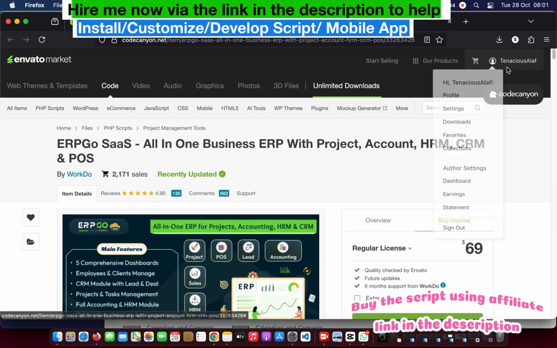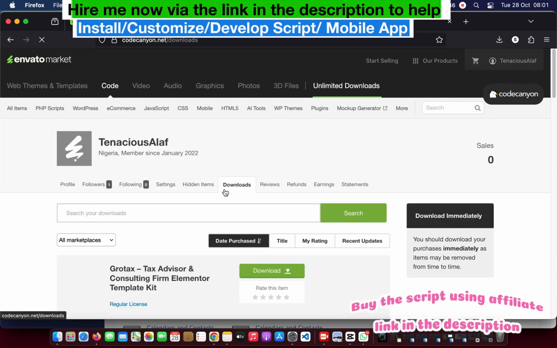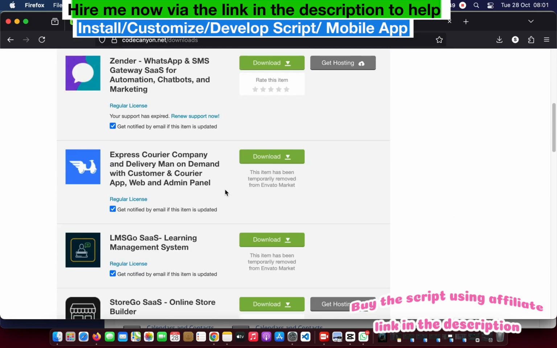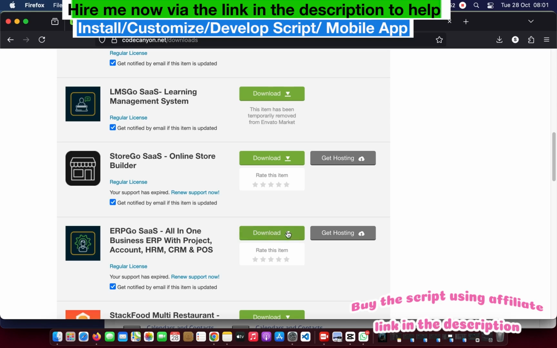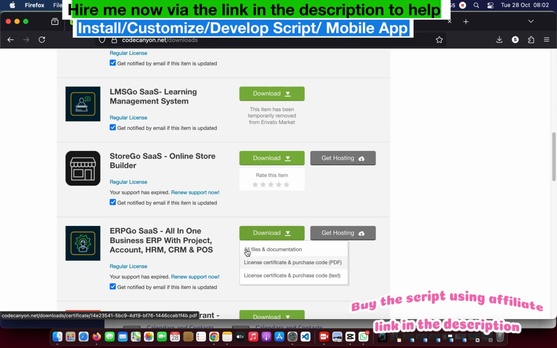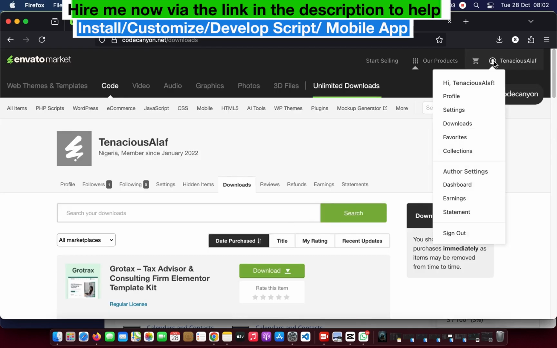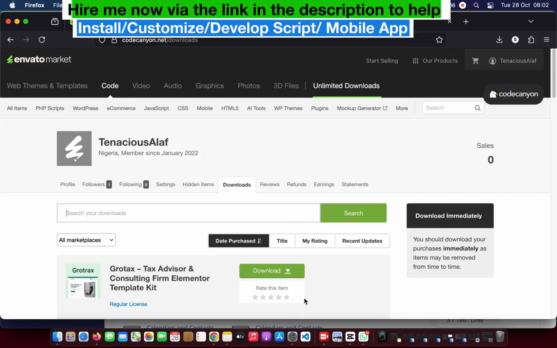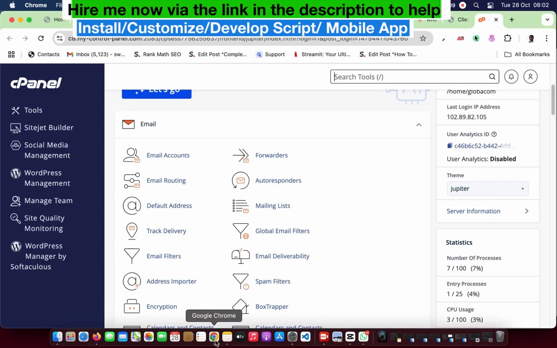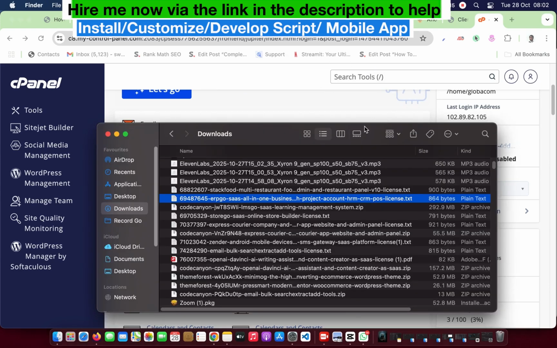So I have the software here. It is very essential you buy the script and the license. For you, all you have to do is download all the files and documents, and also the PDF file or the text file. So once you have downloaded it, I have the downloaded file here on my PC. You can see it here. So once you've downloaded it, the next thing you want to do is